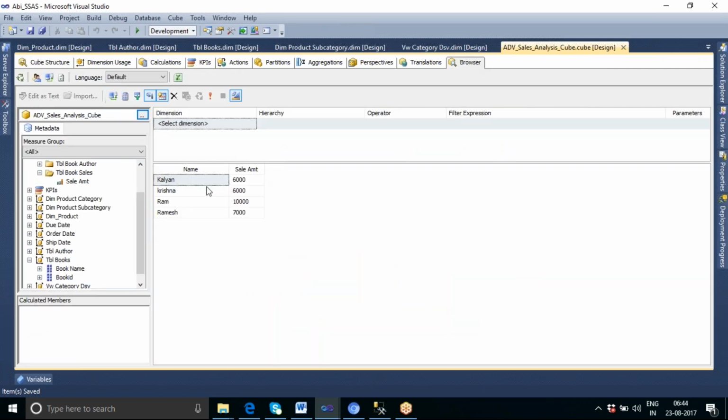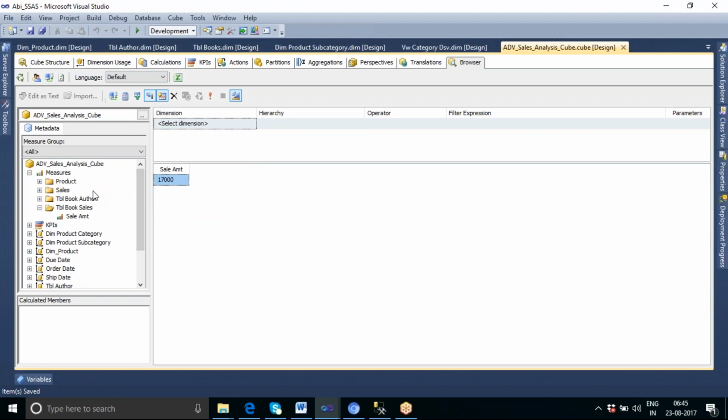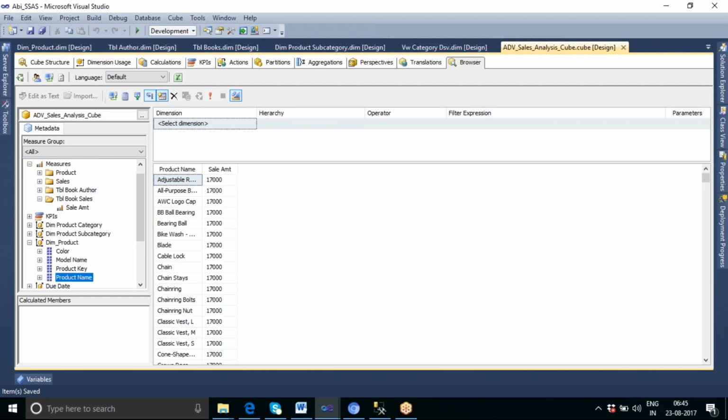Now, are you going to write a query for this when you are browsing? Are you going and writing a query? We are just creating a dimension table, creating dimensions, and creating a relationship between our dimension and the measure. And the SSAS solution will take care of writing the query on behalf of you. So you are just dragging and dropping. If you want to see it product wise, you just drag and drop it.